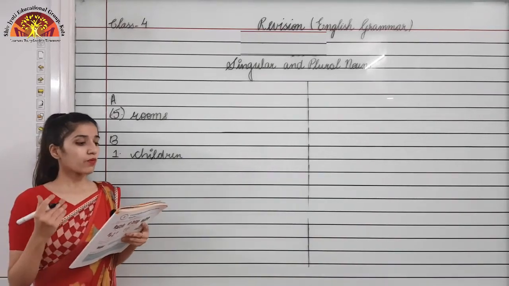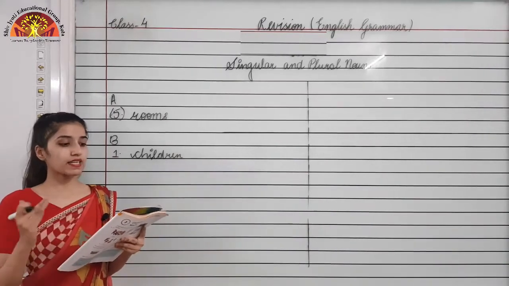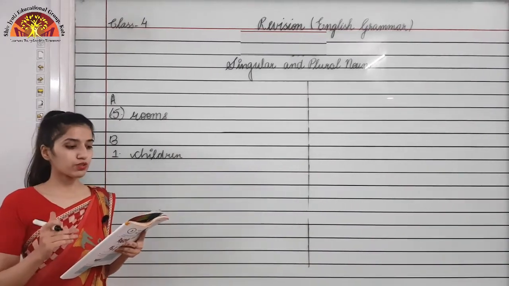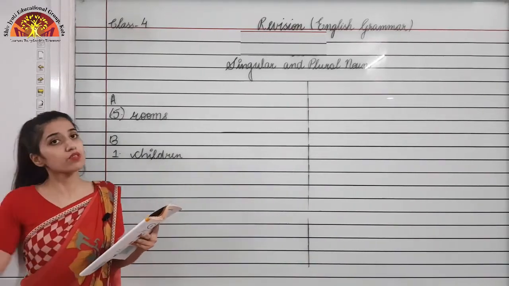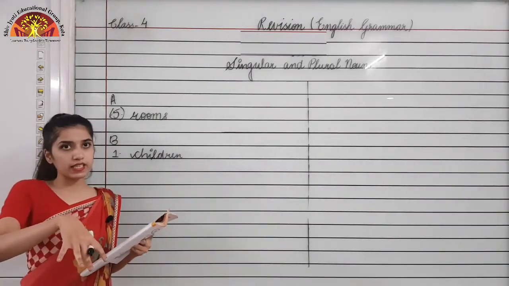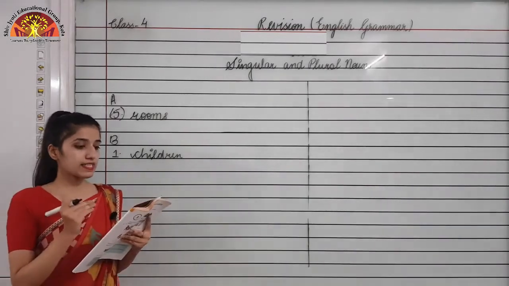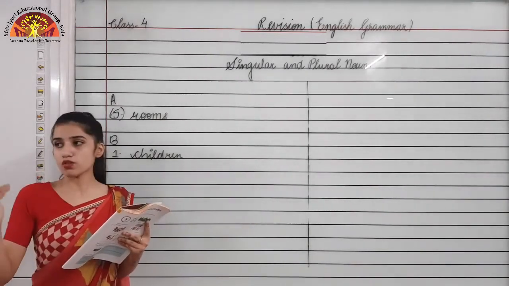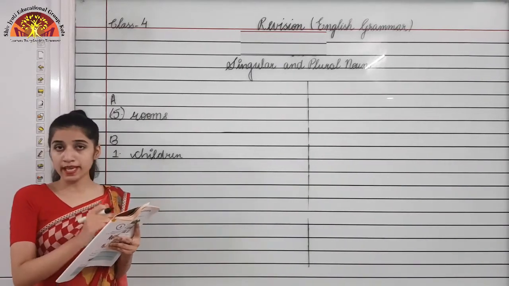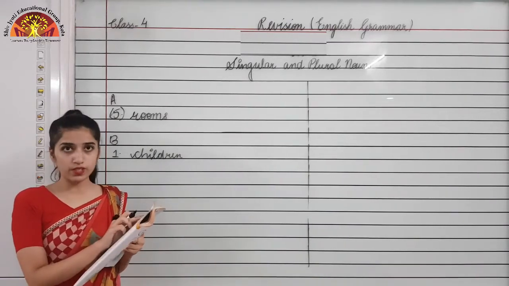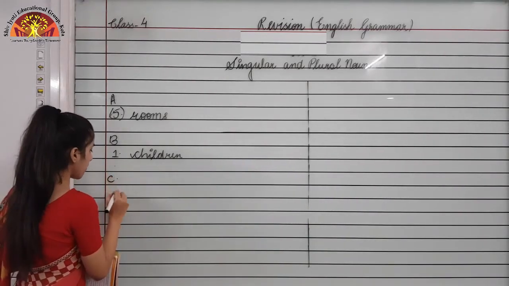Okay, now moving to your next exercise, that is on page number 6. Rewrite the sentences by changing the nouns from plural to singular and make other necessary changes also. What you need to do is rewrite the sentence by changing the nouns from plural to singular. The plurals are already written and you have to change them into singular. So the first sentence is, the shelves have many books on them. Here you can see shelves is there, given in plural, right? But to make it singular, what we will do is the C, first one.